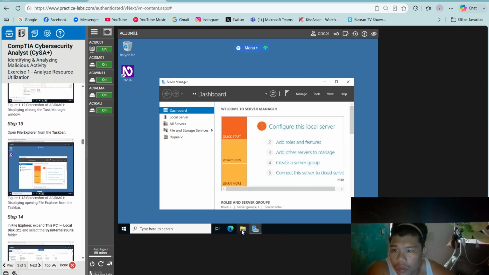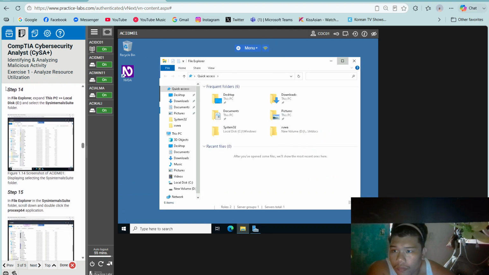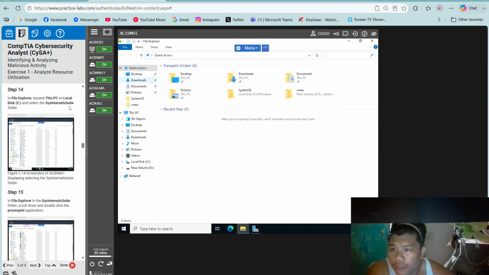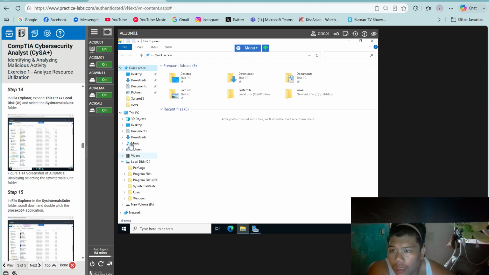Open File Explorer on the taskbar. In the File Explorer, expand This PC, then Local Disk C, and select the Sysinternals Suite folder.